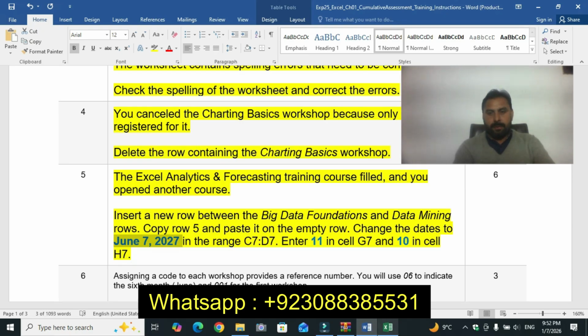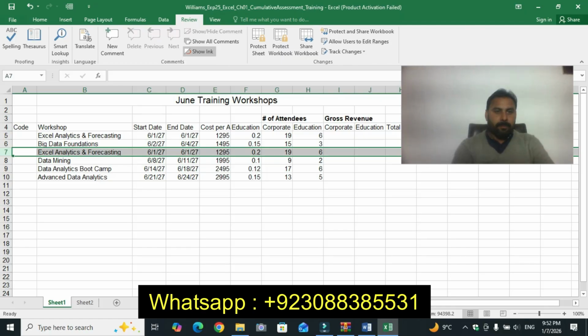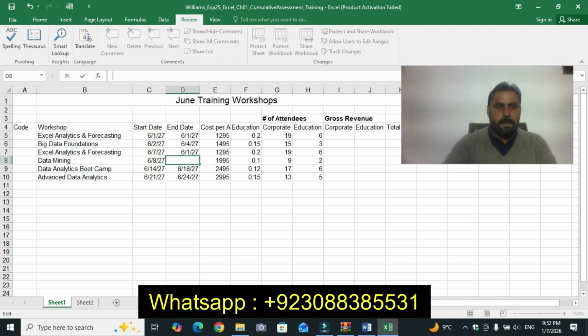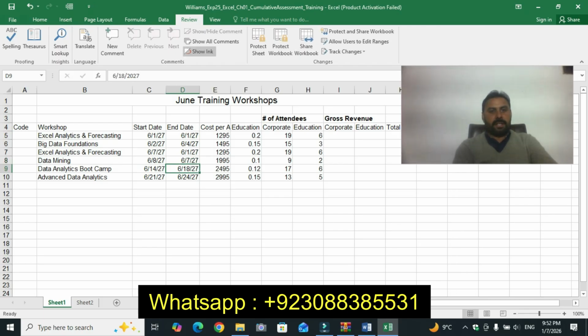Okay. I paste in C7. Enter. And D7. Okay, I enter. C7 and D7 dates are completely changed.